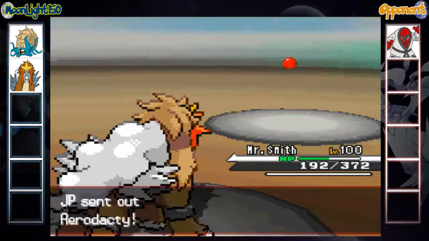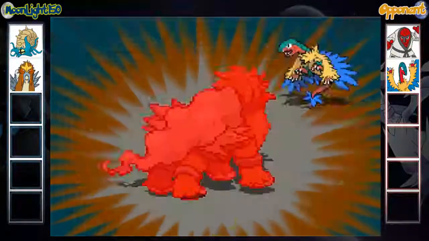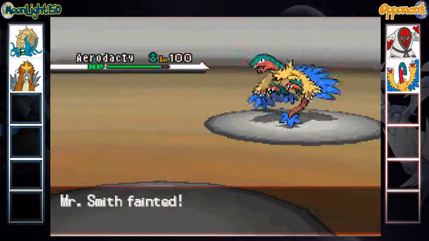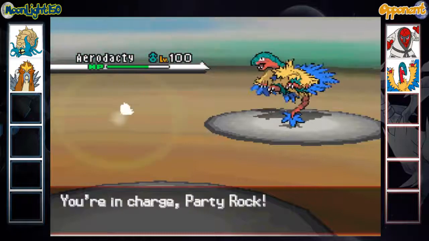But anyway, he's going to bring in his Archeops named Aerodactyl. Let's try to understand that for a second. And he's going to go for the Head Smash to finish off my Entei. He's going to take some actually massive recoil from that as well. Recoil damage all around. Anyway, I'm going to bring back in my Party Rock and go for the Ice Beam,